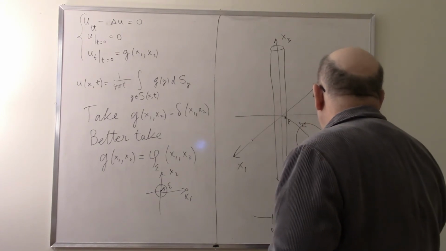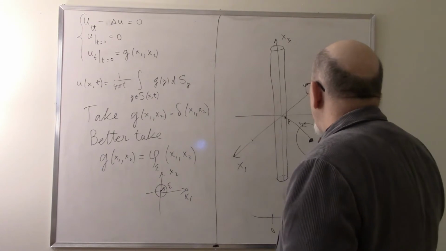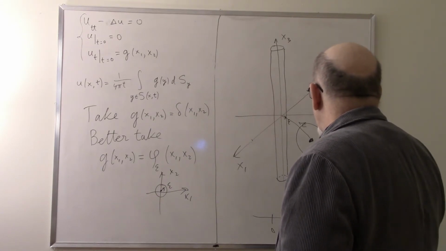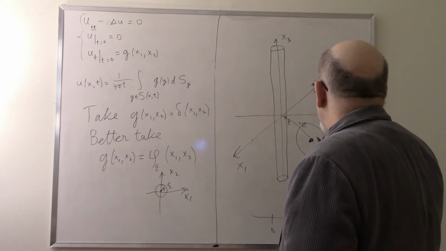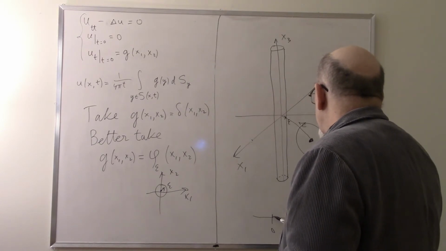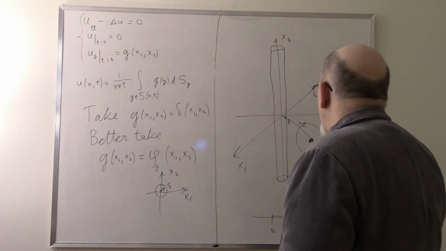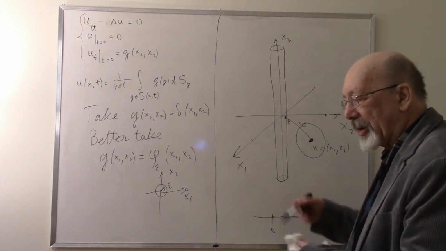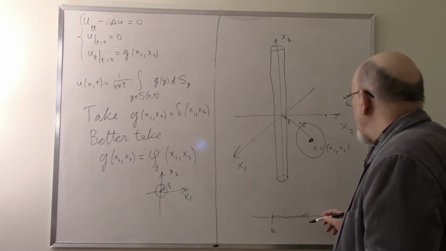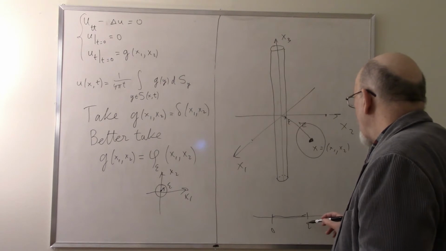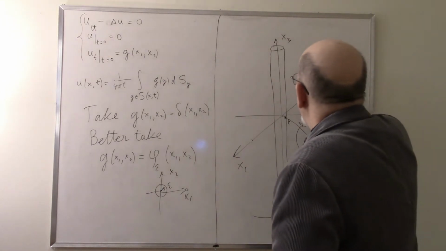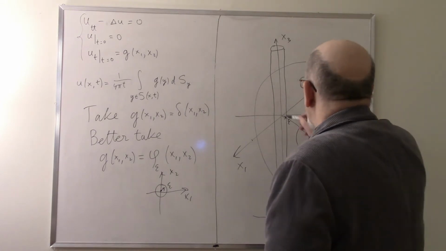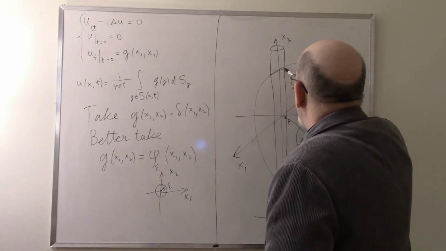Integral over this sphere will be 0 if t is less than r. So here it is 0. No, r minus epsilon, but epsilon is small, so let us neglect it a little bit. So it is r. And then for t more than r, it will have some intersection with the